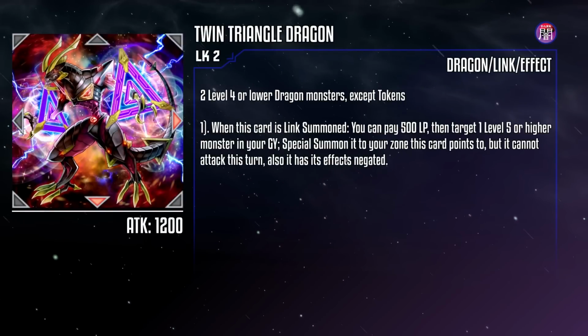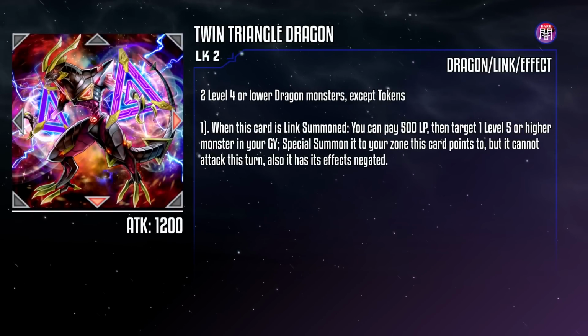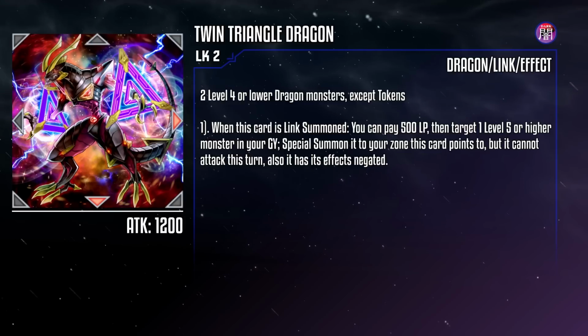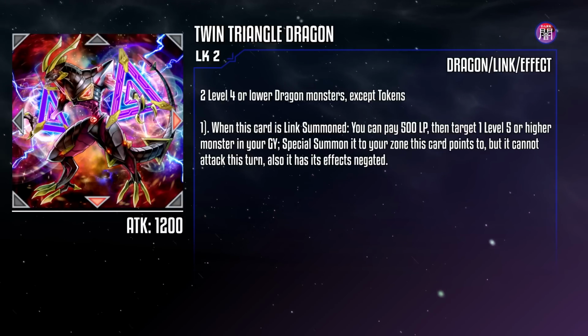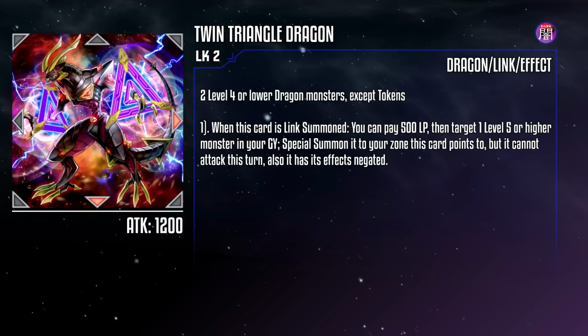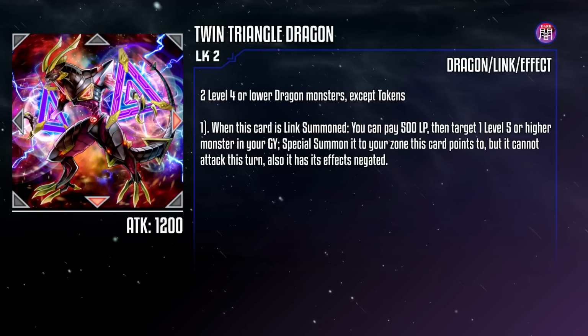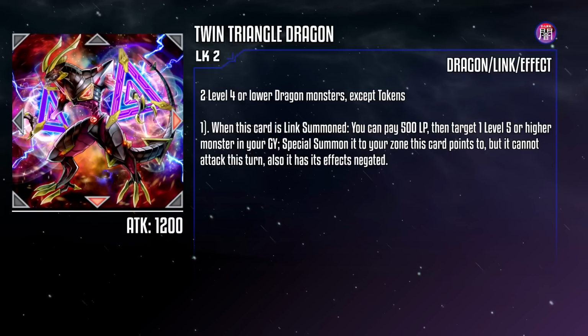Twin Triangle Dragon is a Link 2 dragon monster with 1200 attack, requiring 2 level 4 or lower dragon monsters except tokens as material. When this card is Link summoned, you can pay 500 life points, then target 1 level 5 or higher monster in your grave and special summon it to your zone this card points to, but it can't attack. Also, its effects are negated, which means you're basically only using this to climb the Link ladder,